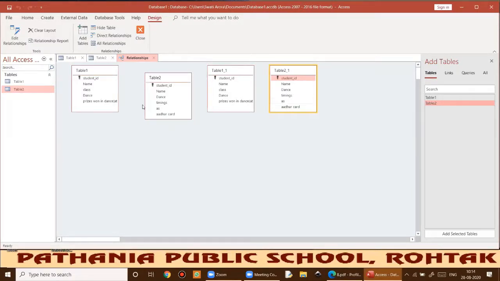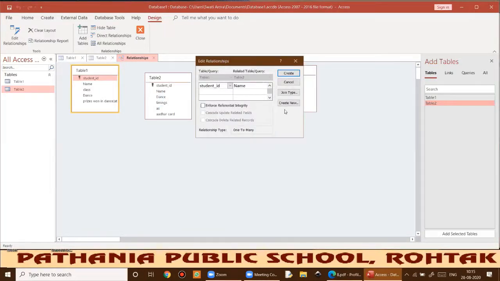Okay, so once the table has been added, what you will do, you will create relationship, and which table field will be connected. आपको क्या करना है, you need to click on this particular field, that I want to create a relationship between this student ID and the name of the student. So just click and drop it here. So you will get a dialog box, edit relationship.